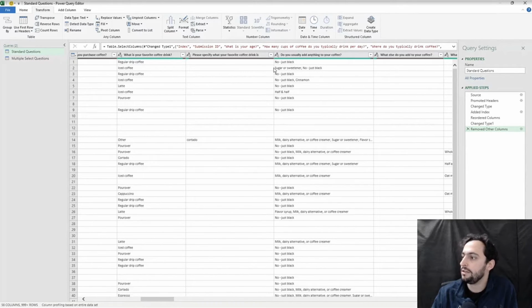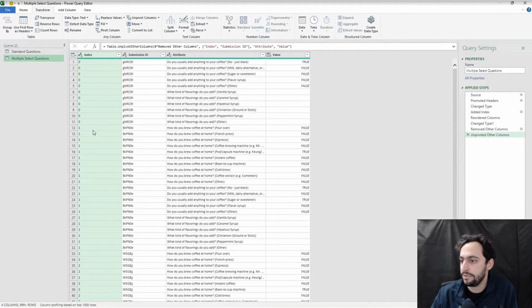No, just black. Our second person selected sugar or sweetener and no, just black. Let's confirm that here. Person number one, and we've got no, just black, true. Sugar or sweetener, true. The rest are false. So we're displaying the same information, but now we have it in a structure that lends itself to analyzing with